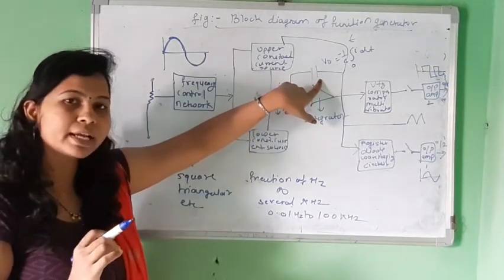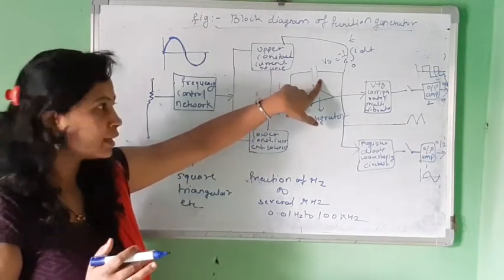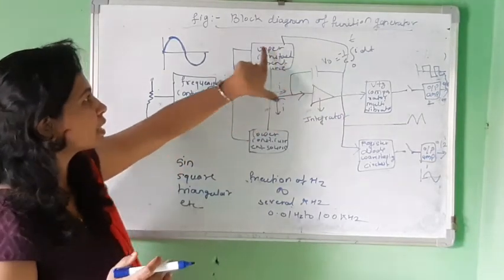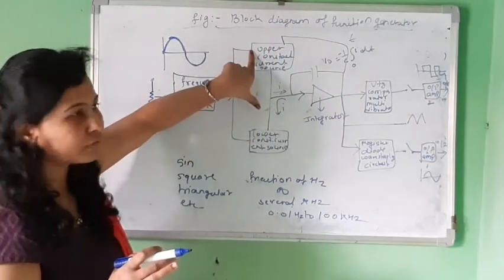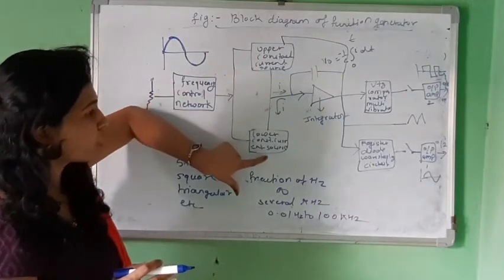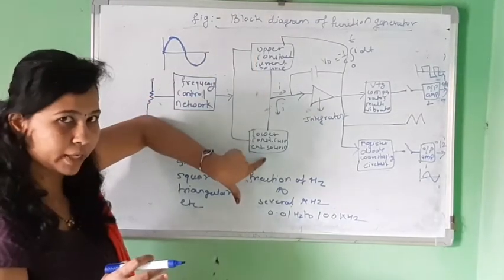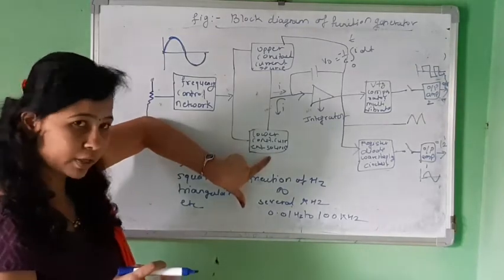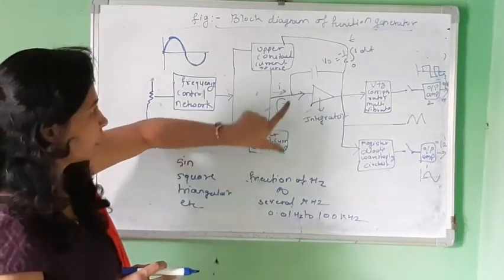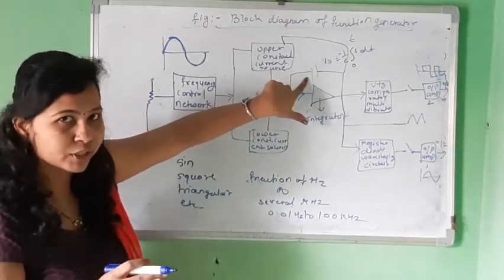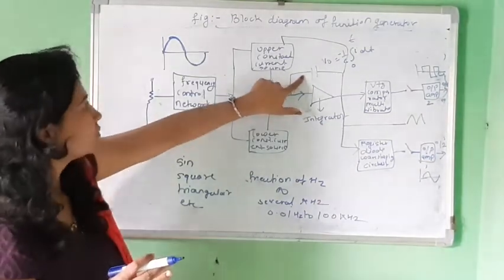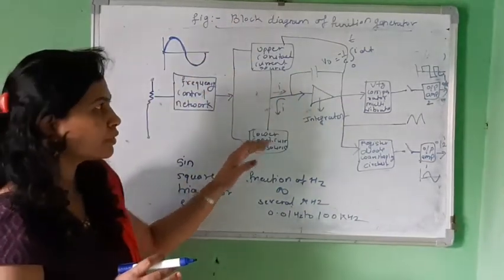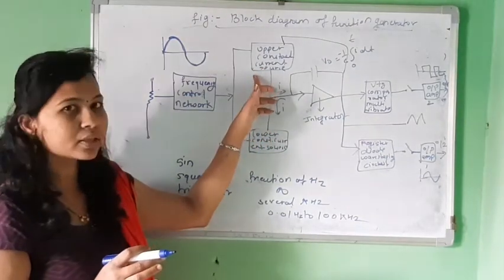When the capacitor gets charged fully, it will provide some signal to the upper constant current source and it will turn off. When it turns off, the lower constant current source will turn on. When the lower constant current source turns on, the capacitor starts discharging. When it is completely discharged, again it will provide some signal to the upper constant current source, so it will